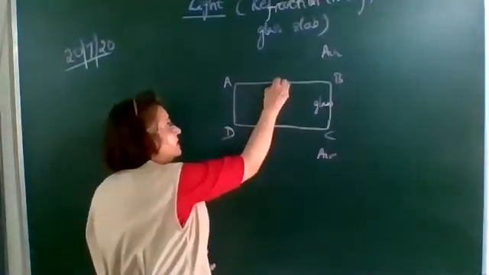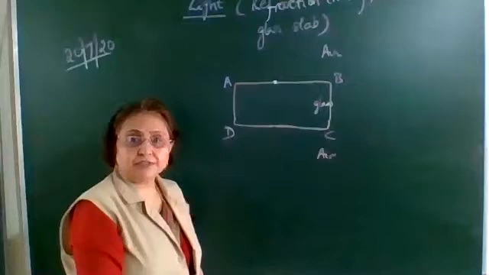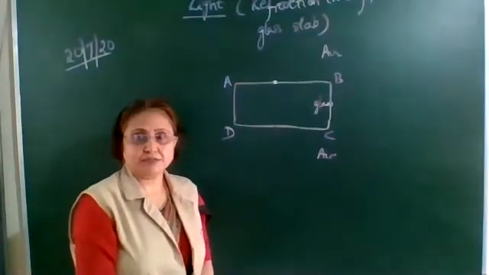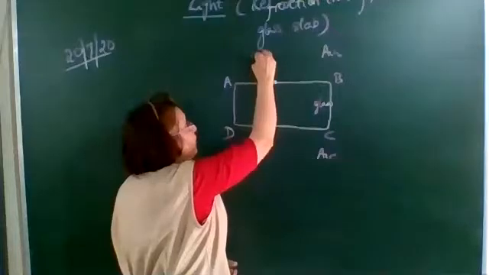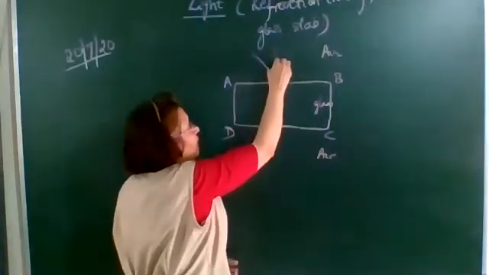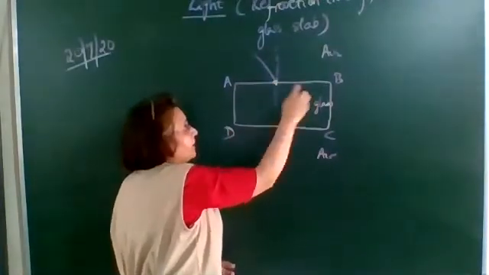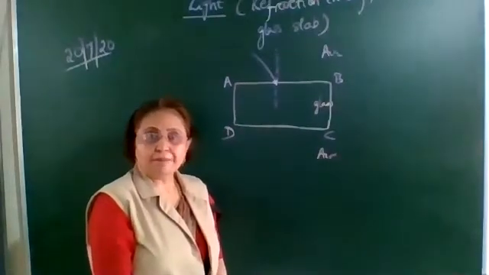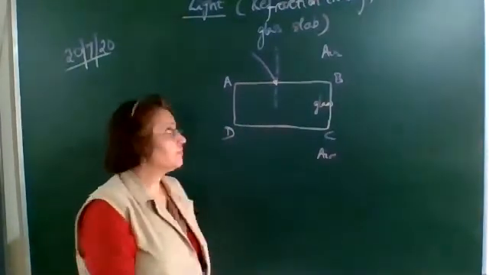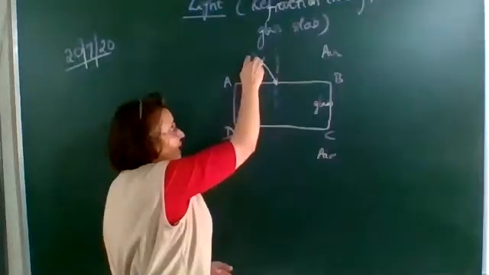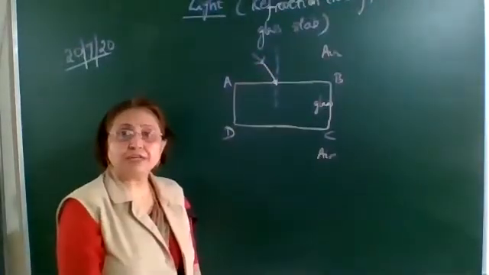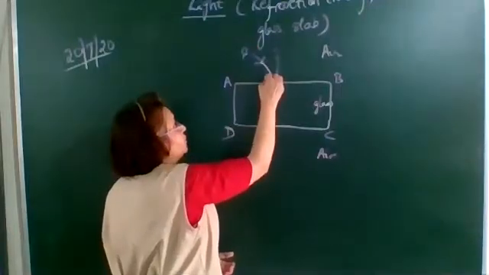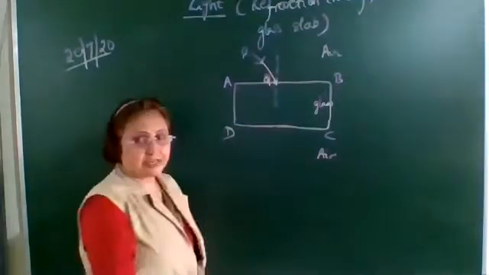Here we consider any one point. This point we'll call the point of incidence. At this point of incidence, draw one normal. Normal means perpendicular to the face AB. Draw one perpendicular to the face AB. And this ray of light which we have drawn, we'll call the incident ray. Let us name this ray PQ. So PQ is the incident ray.